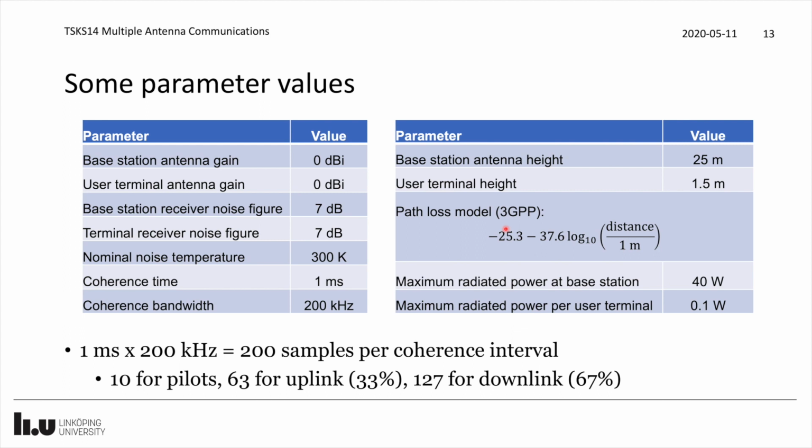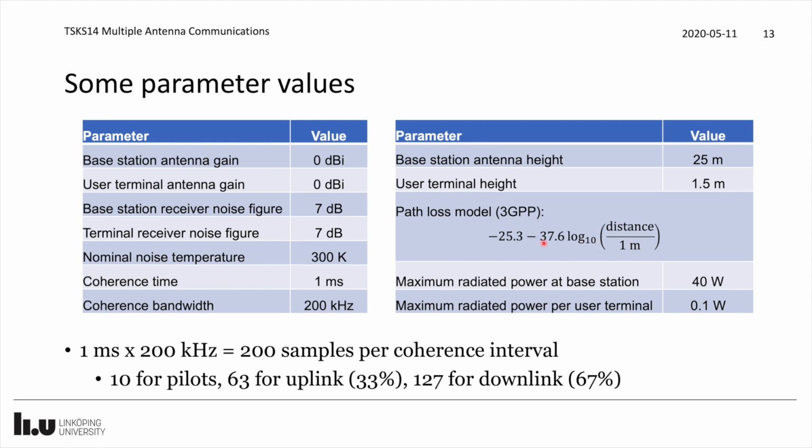In an urban area, here is the example that I have been using in the simulation. We start by taking the distance between the base station and the user, and it's a distance in 3D, so that's why the height difference is important. Then we are relating that to 1 meter, so we're getting a relative number here. We take the log 10 of that. We multiply it with